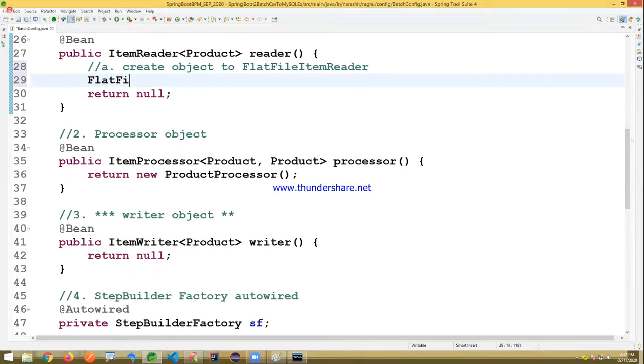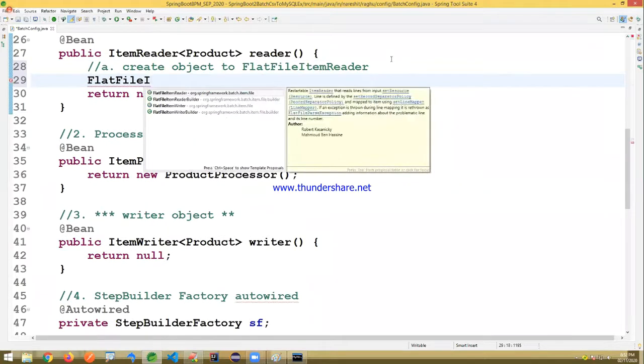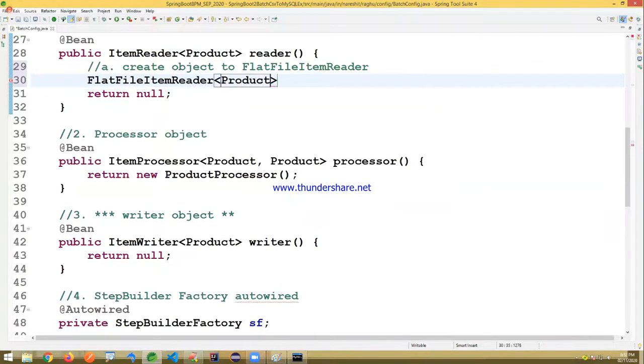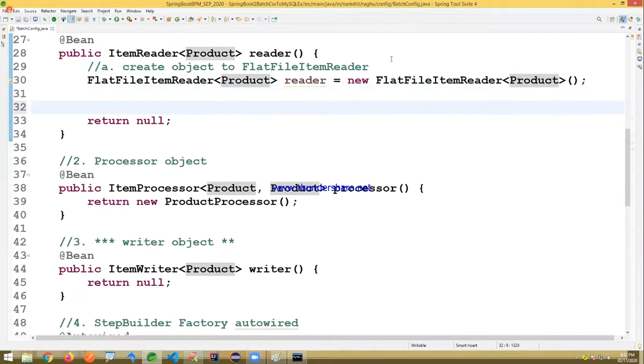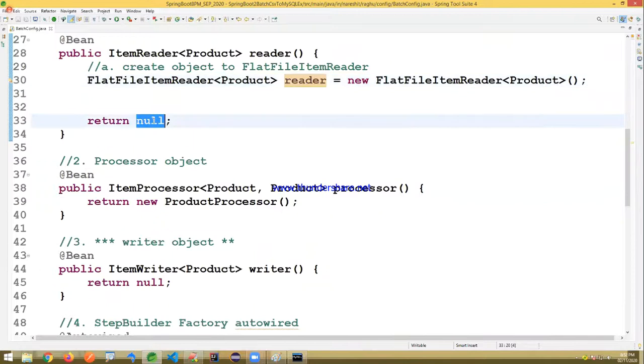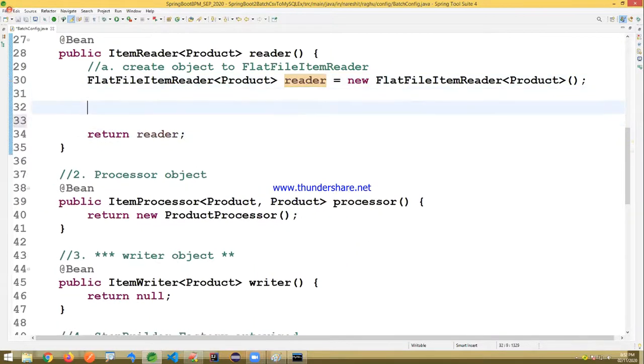There I'm writing it's a flat file item reader of product. There I'm writing it's a reader is equals to new flat file item reader. Of course, you can just write generic type like this. It's a product. That's fine. Okay. Observe carefully. Like this, I wrote this reader object. I'm returning. Reader object returning here.